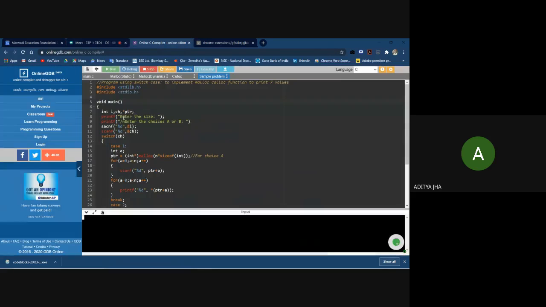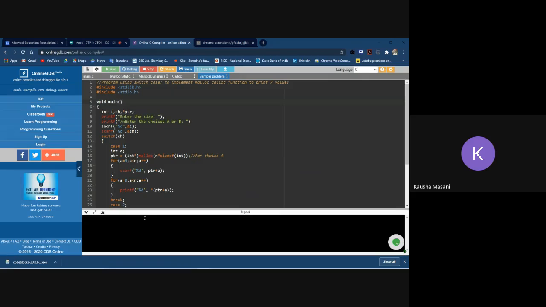Ma'am, printf statement. Okay. Have you tried to refresh your window? No, ma'am. It might happen because you are using an online compiler.